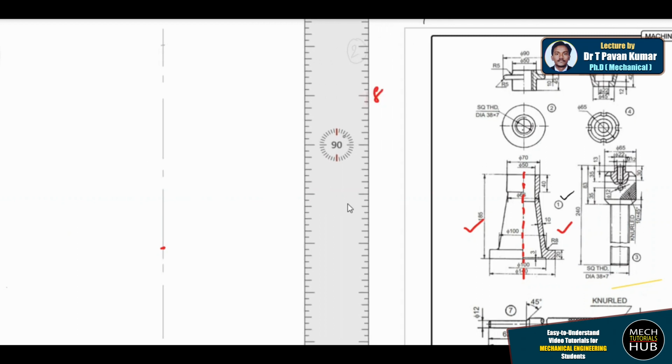Now I just start by marking the intersections. Now I'll start the component from the bottom. Here you could see the bottom. I'll read the bottom dimensions. Now here the bottom dimensions are 140 is the overall diameter and internally it is 100. Forget about internal features, let me consider 140, height of 185 and outer diameter of 70. So for that, let me rotate the scale to horizontal.